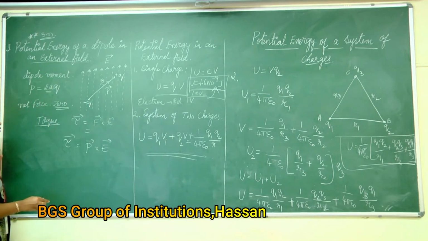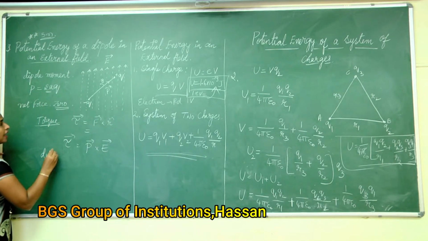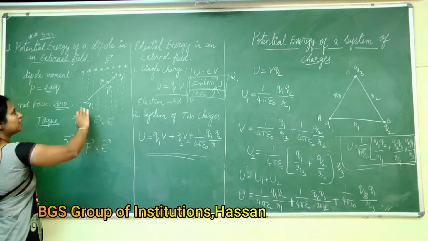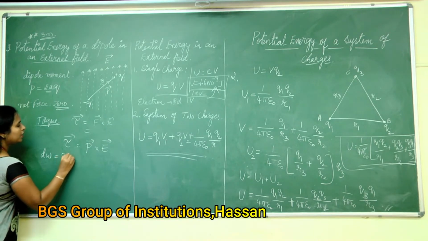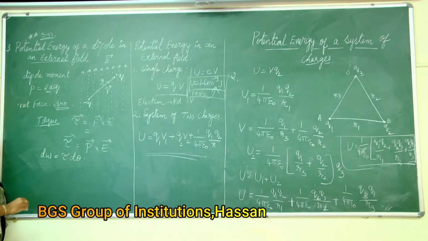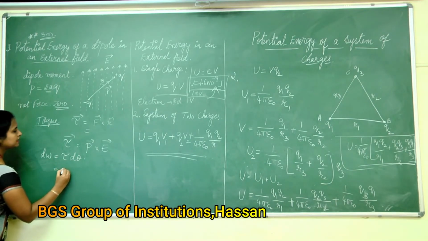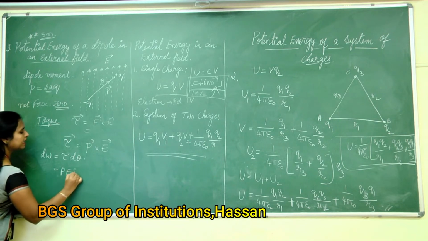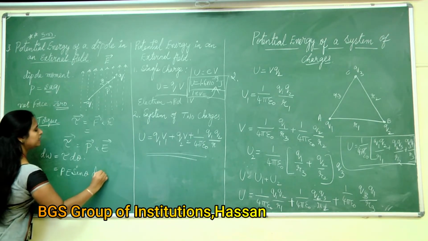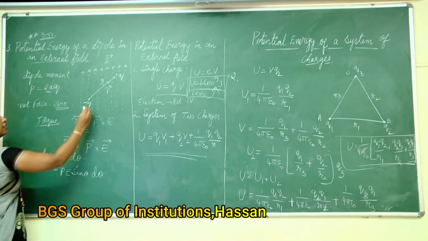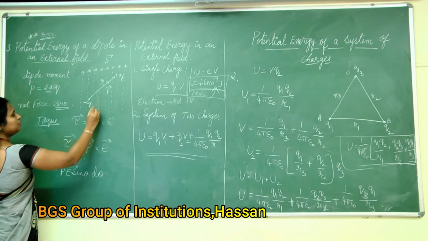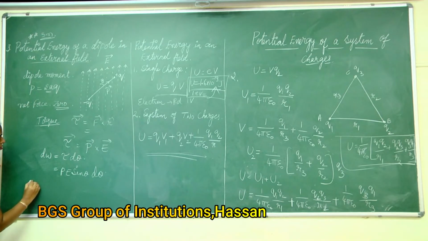For that reason, we bring in another external torque acting on that dipole. Then dW is equal to tau d theta, and this tau we take as P E sin theta into d theta, because the cross product is nothing but P E sin theta. Now the total work done in bringing a dipole from, say, theta 1 to theta 2,